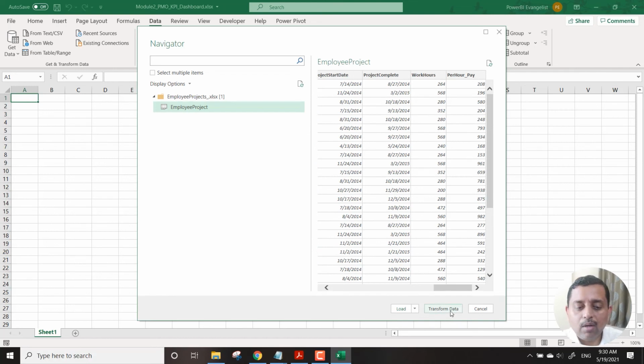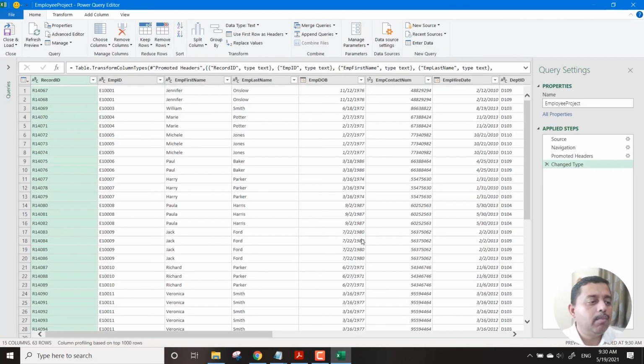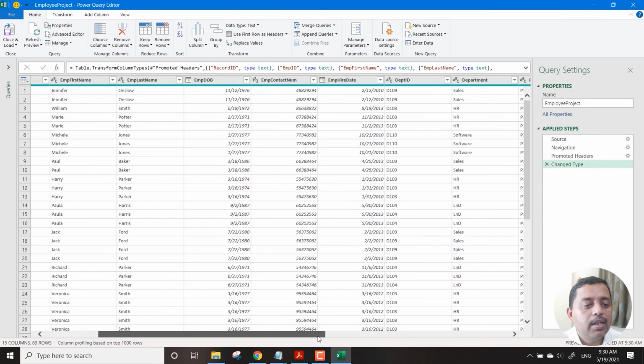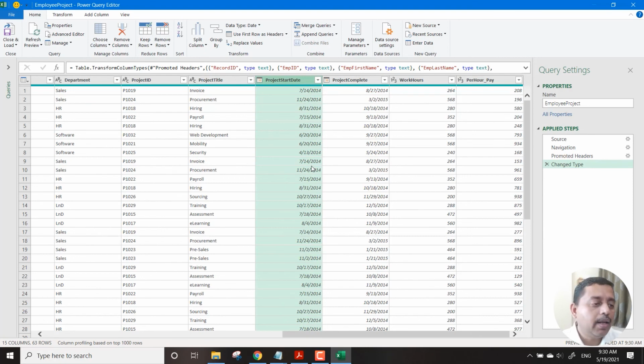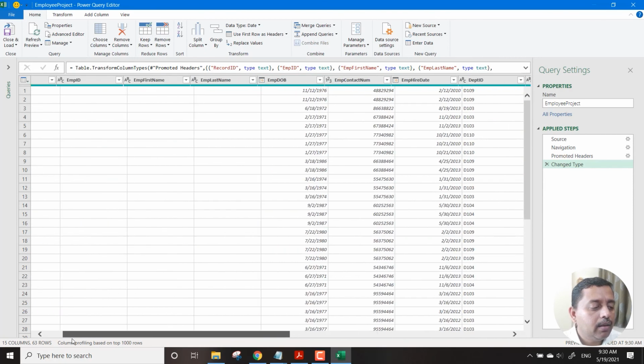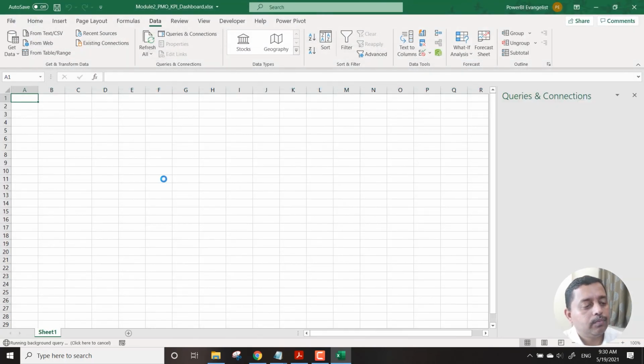If not, you can go to transform data. You can just click on this option called transform data. It takes you to the same Power Query editor. You need to just have a look at some of the factors. Like you see that the number of hours on which we are going to work has been captured as a number. It's fine. The pay is also looking fine. The project completion start date has been captured as a date. That is also fine. And then what we do is we click on this option called close and load.